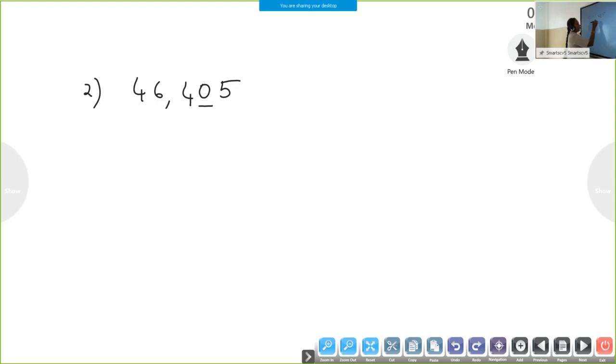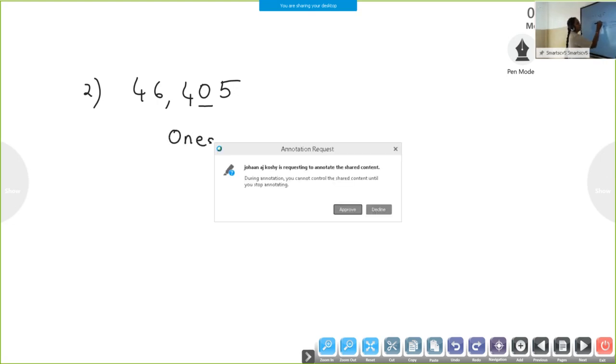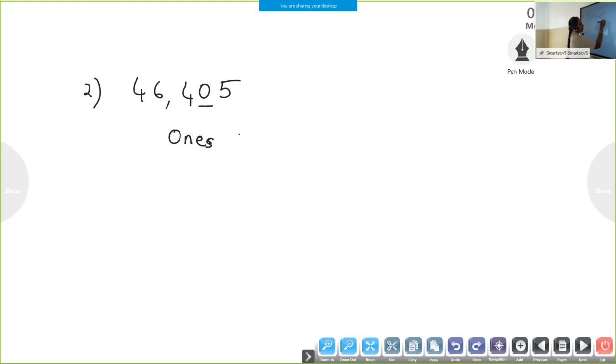The ones place, you identify the ones place digit. Which is the ones place digit? Identify it; it is equal to 5. So underline the digit in the tens place, because we need to round to the nearest 10. The next step is to identify the digit in the ones place. That ones place digit is 5. Now the rule starts. What is the rule? Why are we considering the ones place digit? This is the digit just after the tens place. So the ones place digit is equal to 5 here.